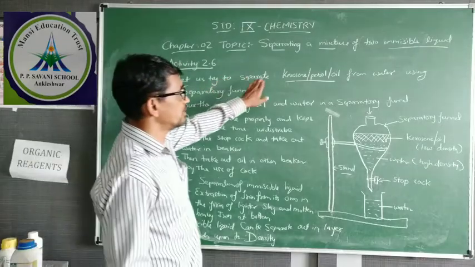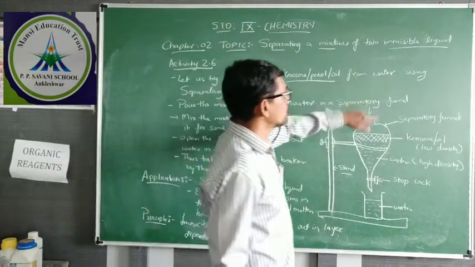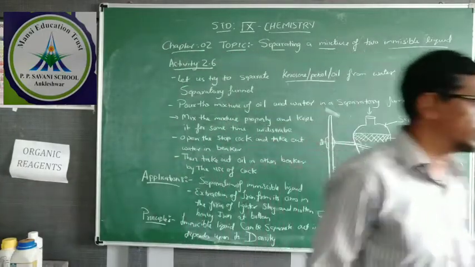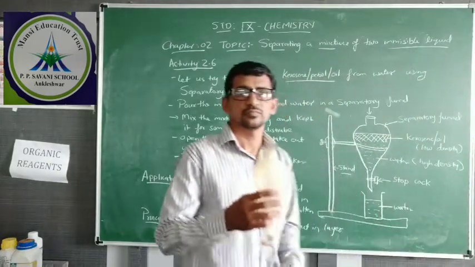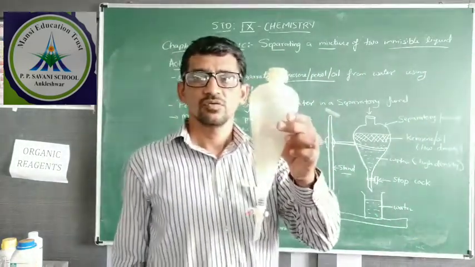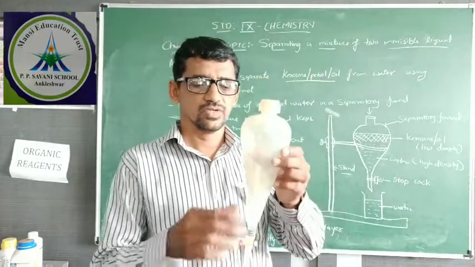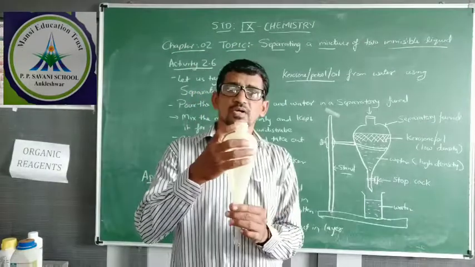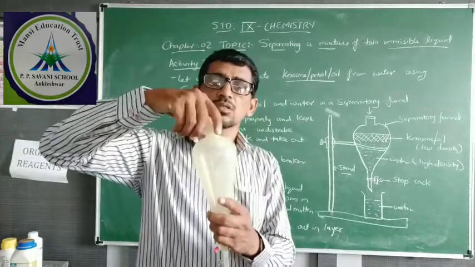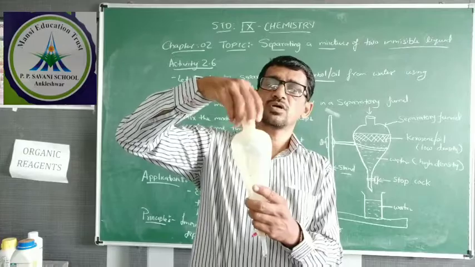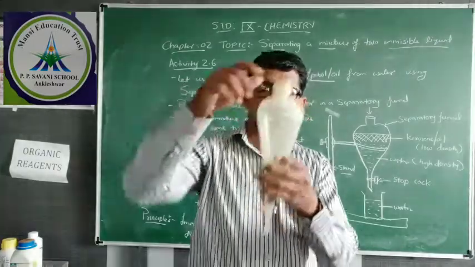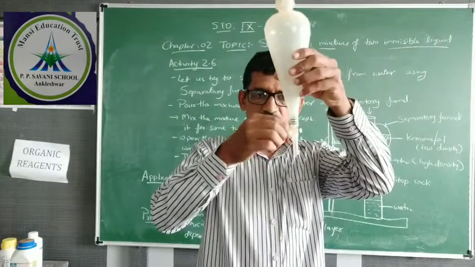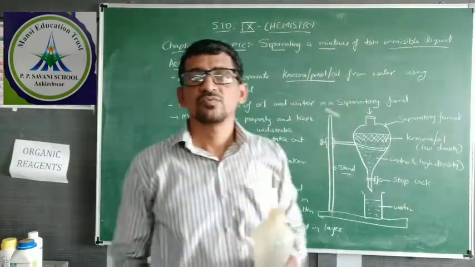Let us try to separate oil from water using a separatory funnel. So this is the separatory funnel, I am showing it here. In this funnel, the lower part is narrow and the upper part is broad. There is a cork at the top, which you have to close. Here the open and close knob is there. From this, you can take out the liquid. So with the help of this, we can separate